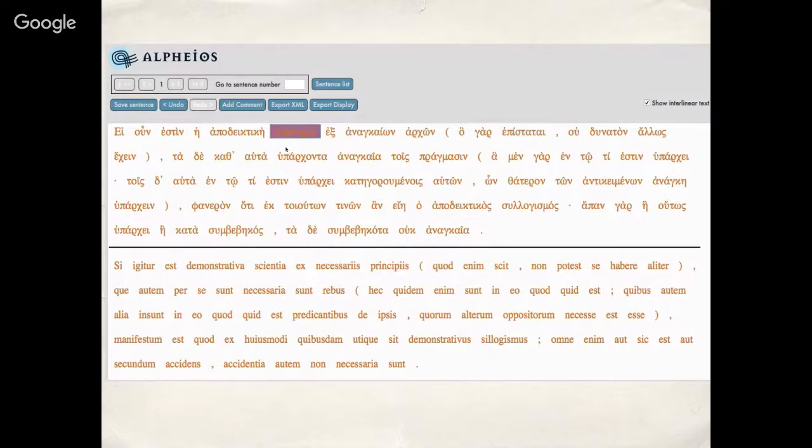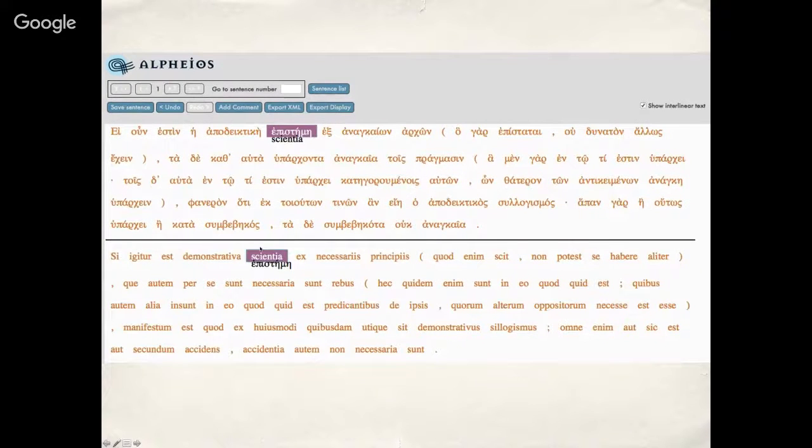So when you begin, you select a word in one of the two languages. Let's suppose we're starting with the main word in this chapter, episteme, science. This is what the chapter talks about, the conditions that need to be fulfilled in order for a certain argument to be scientific. So you click on this word, and then you click on the corresponding word in the other